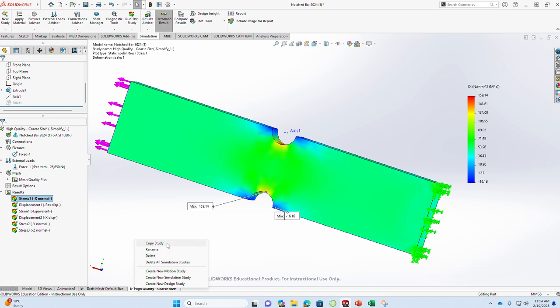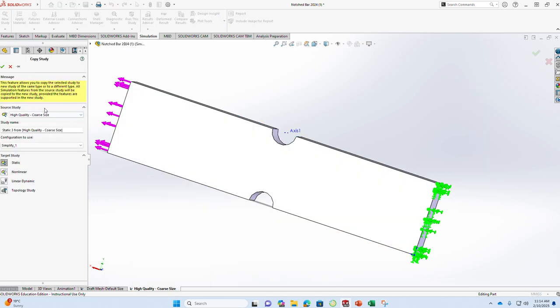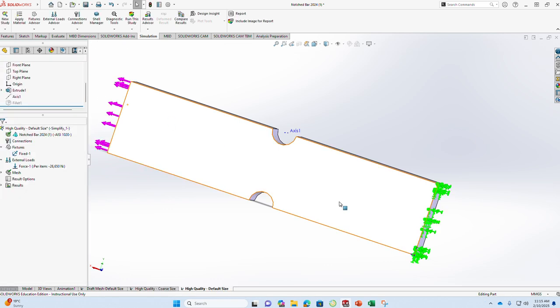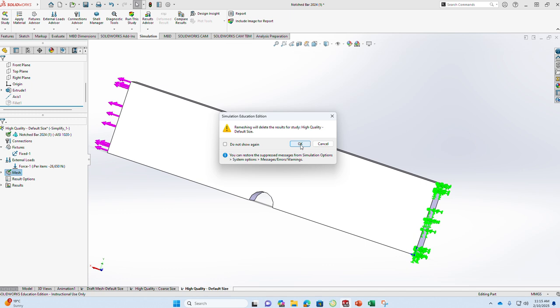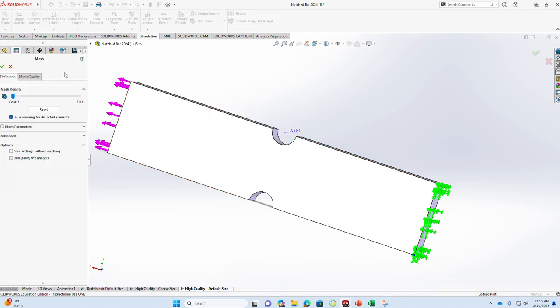rerun the analysis, and this time I will call it, it's still high quality, but now I will use the default size, which is in the middle, right? Default size. Keep all the other quantities same. Again go back, making sure that all the other quantities are same. Going into the mesh, then creating the mesh again, rewriting the old results, okay, and this time setting our pointer